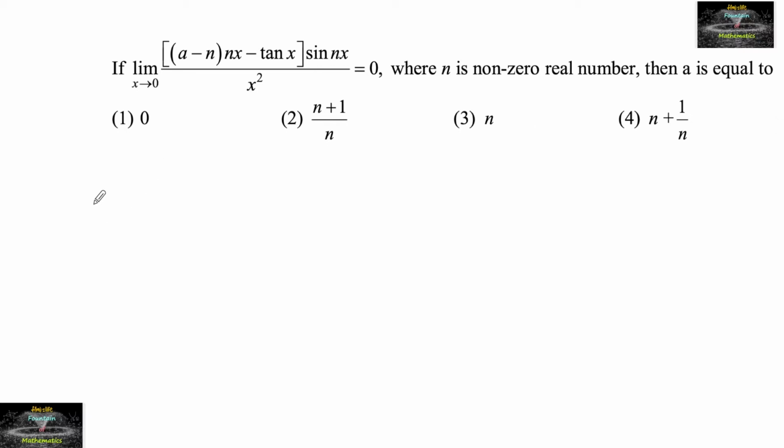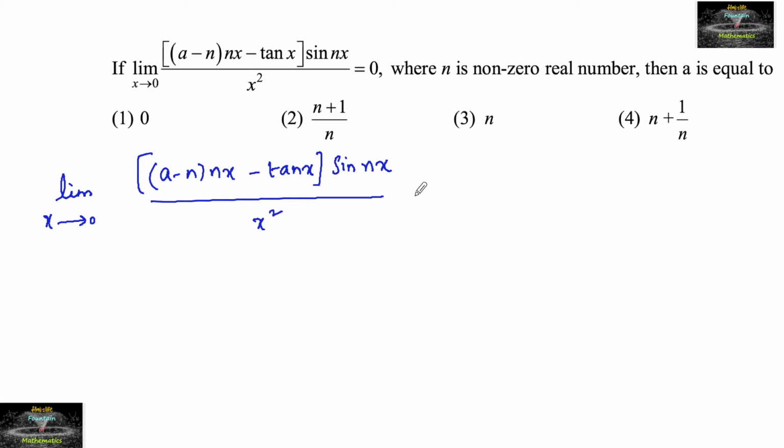limit x tends to 0, (a minus n of nx minus tan x) into sin nx upon x square is given 0. So we can write this